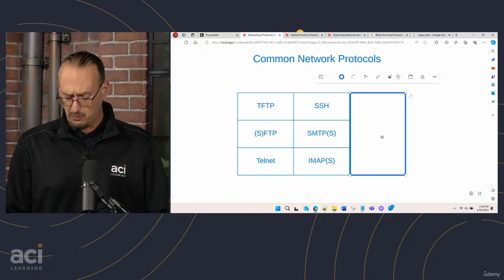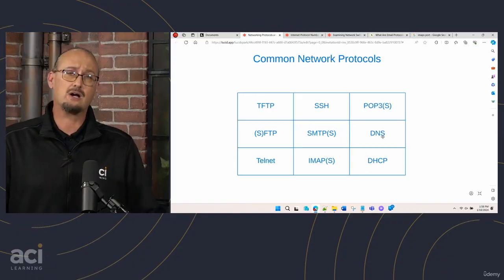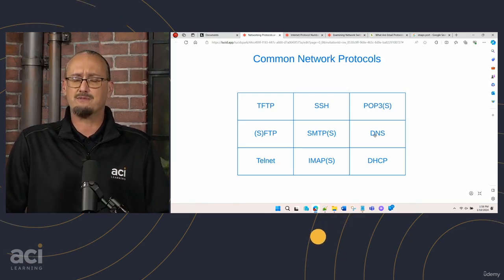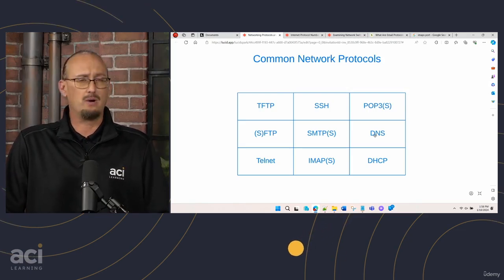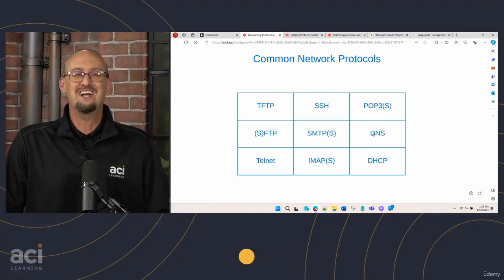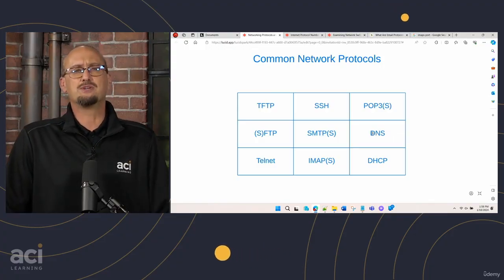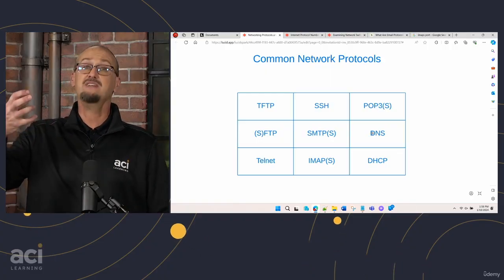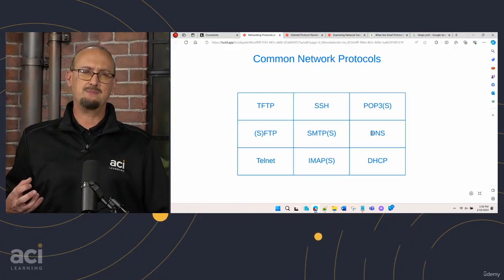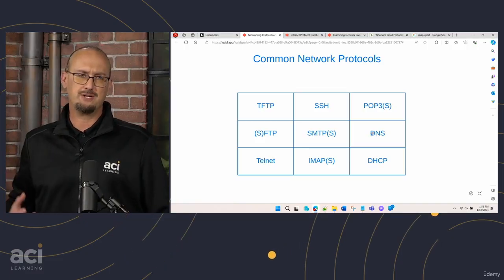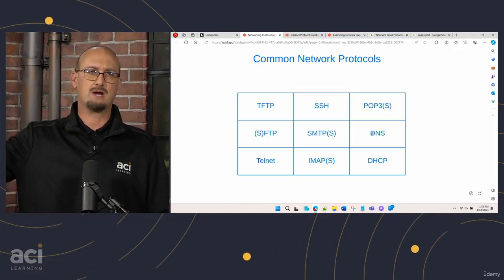I want you to be careful with that because I'm going to go into the last column for this table, and we have POP3. That is the Post Office Protocol version 3. I do not know what happened to version 2, but apparently it didn't make the grade. This was kind of the precursor to IMAP, and it is for receiving email. But it's a little bit different than IMAP in that in those days when you would pull your email down, you pulled it to your local hard drive and erased it off the server.